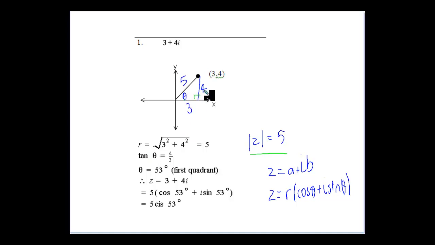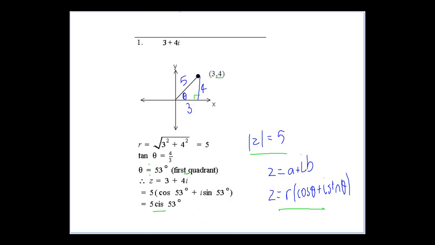The angle there is going to be inverse tangent of 4 on 3. So tan theta is 4 on 3, and theta is approximately 53 degrees. It's going to be an approximation; if you want to do an approximation, that's okay. It's not a problem at all. Taking note that it's in the first quadrant, it's just going to be 53. So we write 3 plus 4i is 5 cos 53 degrees plus i sin 53 degrees. We want to write it in the modulus argument form, or if we want a shorthand way of writing it,